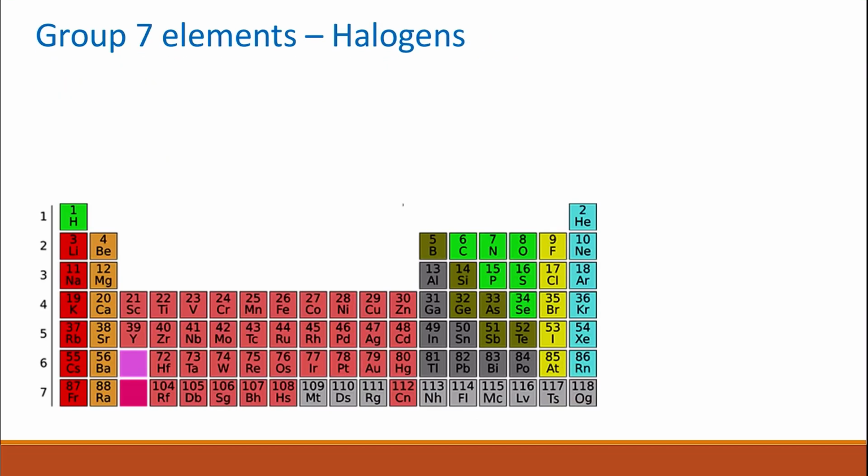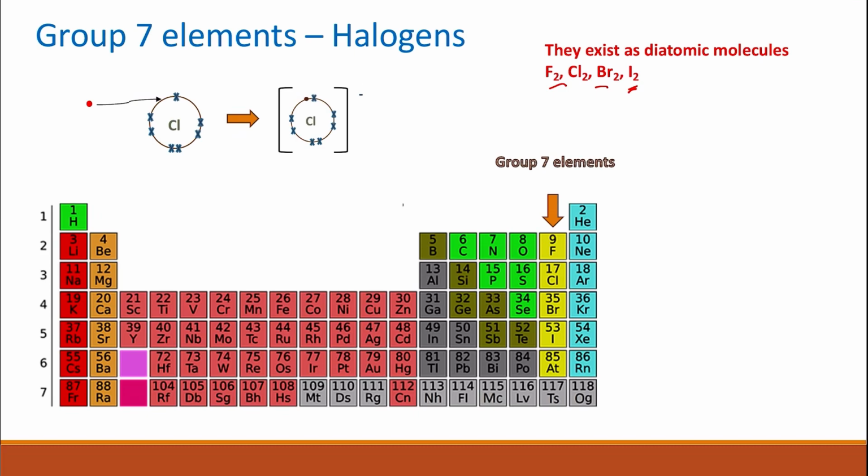Group 7 elements, which are called halogens. These are the group 7 elements. They have 7 electrons in their outer shells. They exist as diatomic molecules like fluorine, chlorine, bromine, and iodine, all diatomic as we can see. And then because they have 7 electrons in the outer shell, they can easily gain one extra electron to form negatively charged ions. They tend to do that when they react with metals and they form ionic compounds